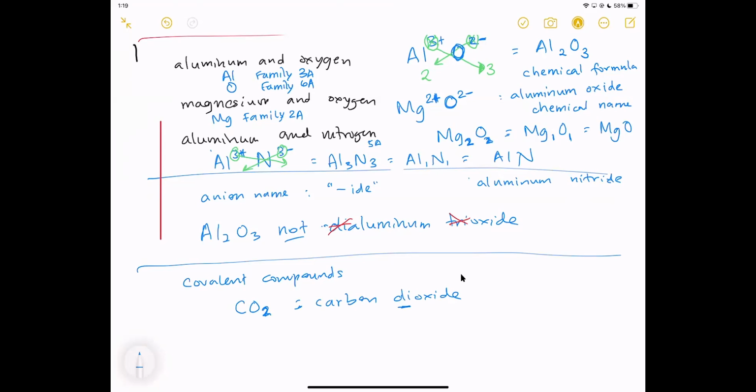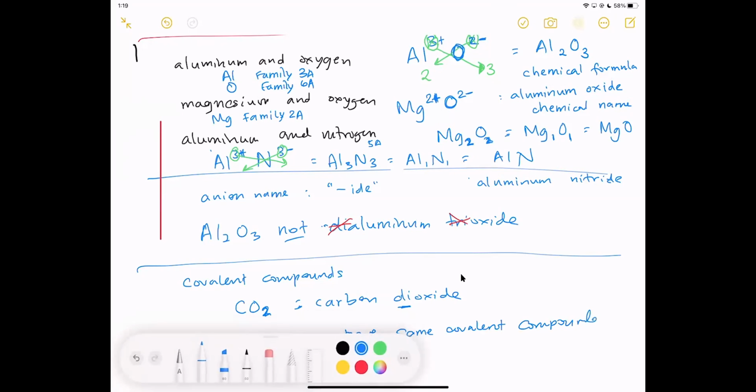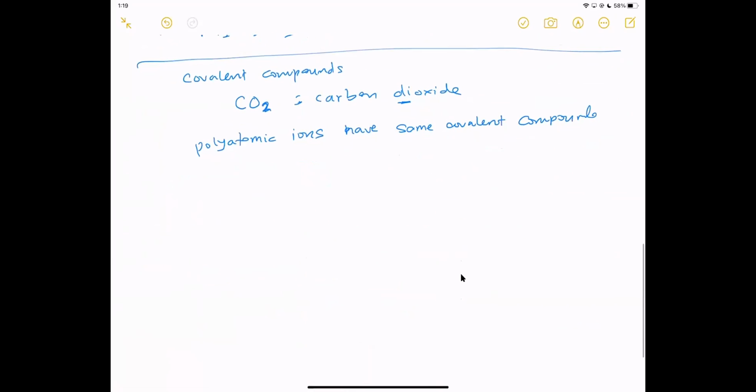Now, there's one thing: the polyatomic ions are kind of hidden. They have some crossover. I should say they start off as some covalent compounds. And so an example, let me move this up. Here's an example of